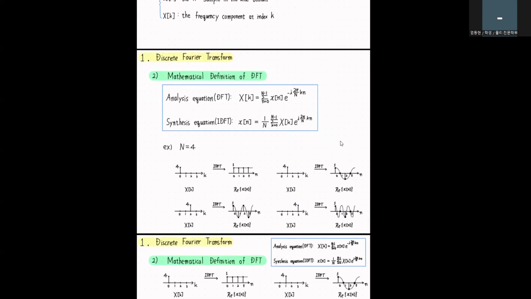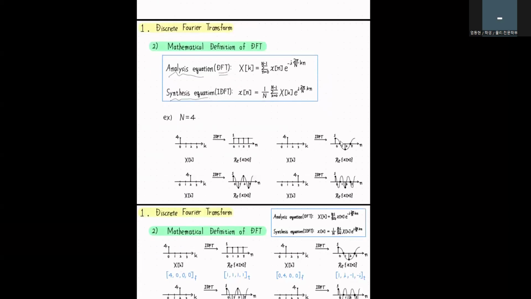We have two equations. The first is called the analysis equation, which is, of course, the discrete Fourier transform. And the inverse of this transform, which transforms signals from the frequency domain back into the time domain, is called the synthesis equation, or the inverse discrete Fourier transform. And these are defined as follows, where capital N is the total number of data points, and n is the index of each data point, and k is basically the